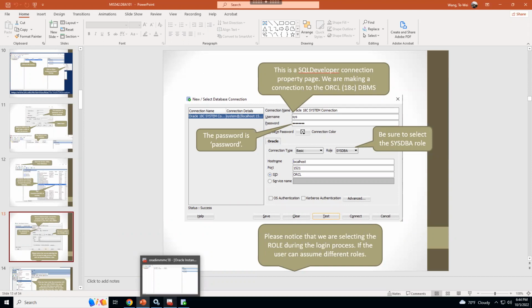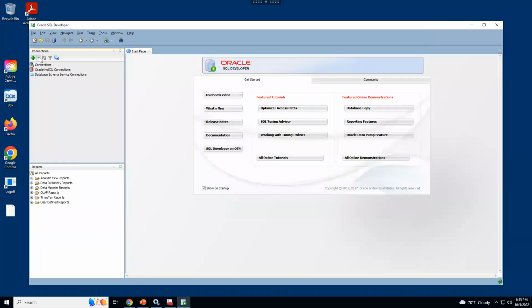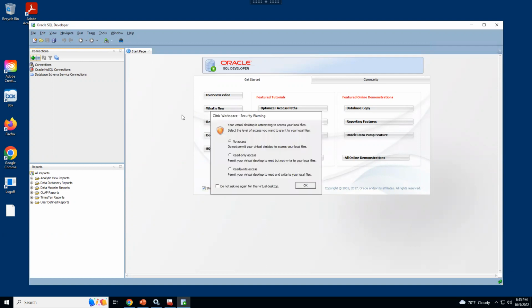And the other interesting or different thing that you are looking at here is that in this particular login, we use a different role to log in. So if you look at the connection type, basic, but the role will be SYS DBA. Only SYS DBA can enable the DBA feature that account can use. So we'll do that in the SQL Developer. And because the SQL Developer is really small,